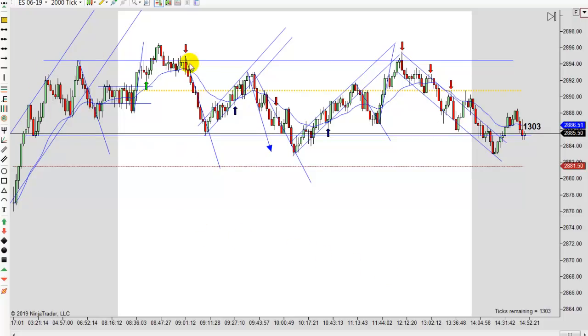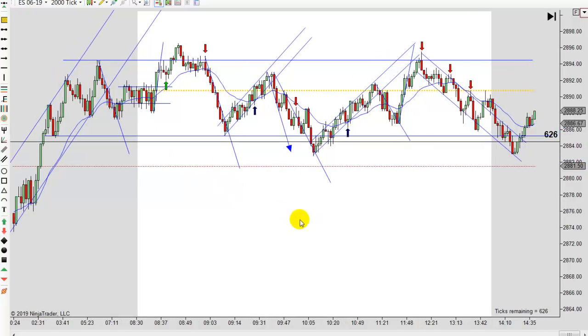Generally what you want to try to do is get short off the resistance and long off the support. Again, you didn't have that real consistent turning area except right here, and you had one off the top, and you really didn't have any. You kind of turned it. This generally turned out to be the lows for the day, but you can see we turned at different places. It wasn't consistent, so it makes it a little harder. So really, what you had to do is just wait on your little.